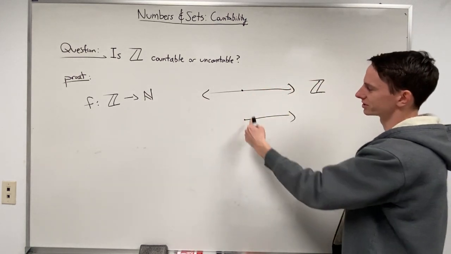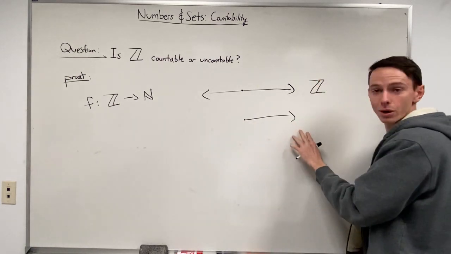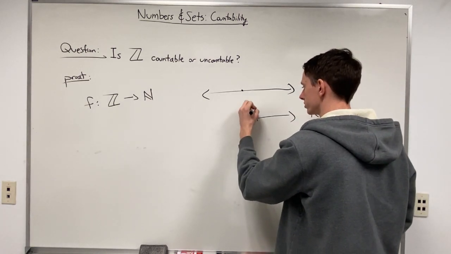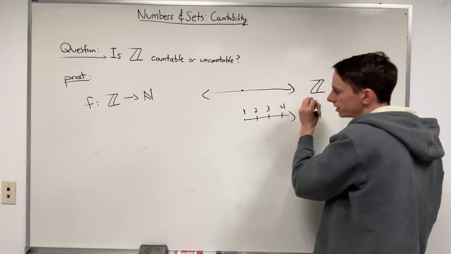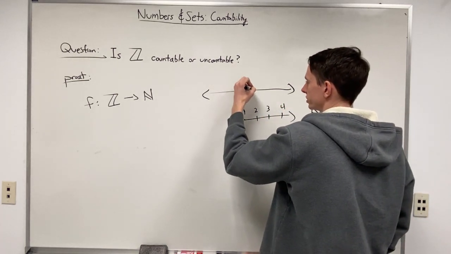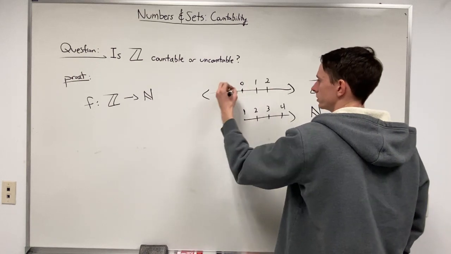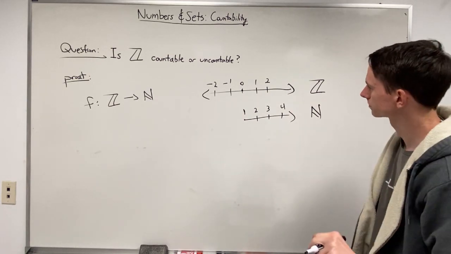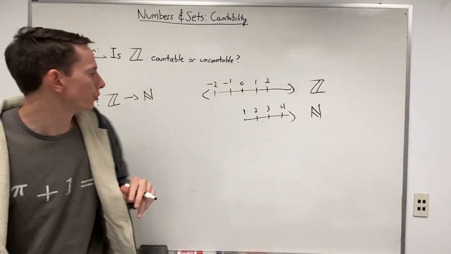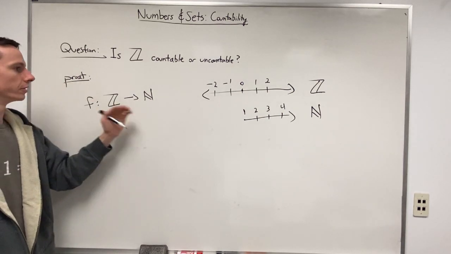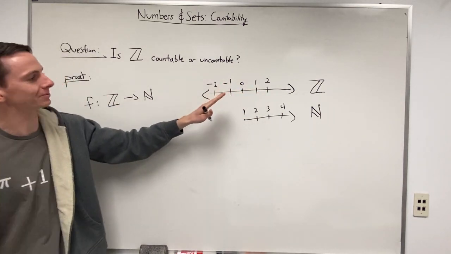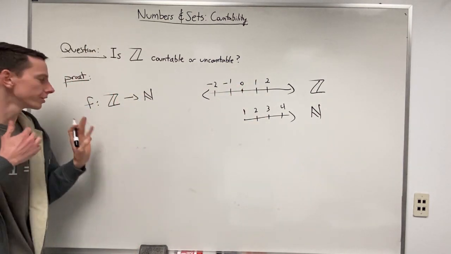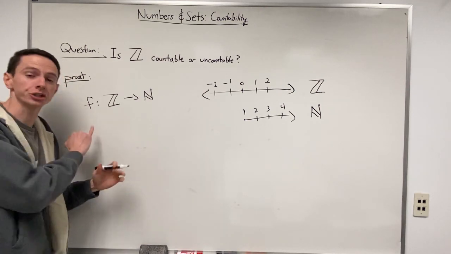And then this second one, notice that the arrow is not going both ways. This is going to represent the natural numbers. This is going to be the starting point where this is 1, 2, 3, 4, etc. Where here this is going to be 0, 1, 2, and then maybe -1, -2, something like that. So we want to determine if we can come up with a function from this top number line down to the bottom one right here,